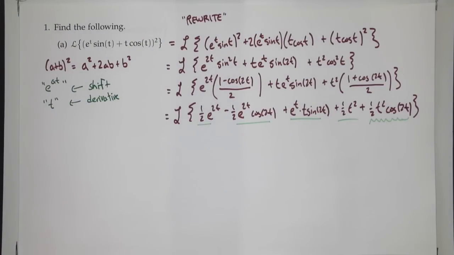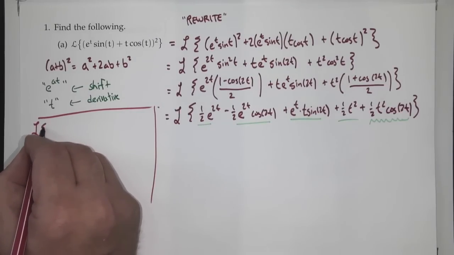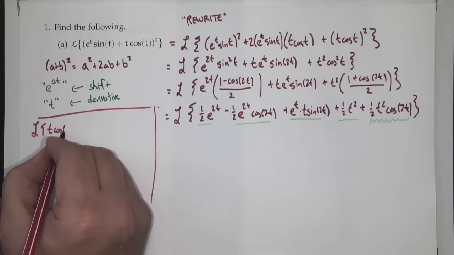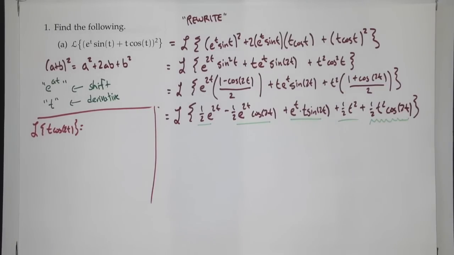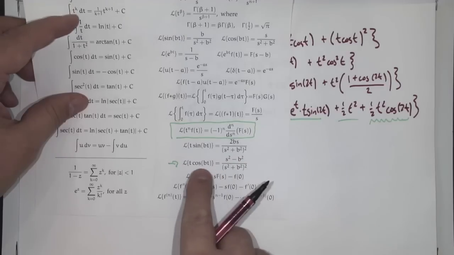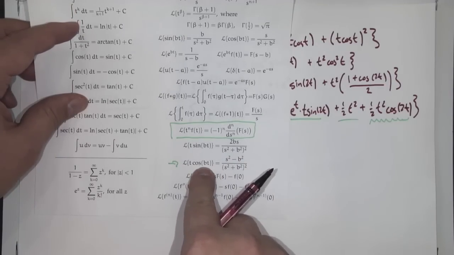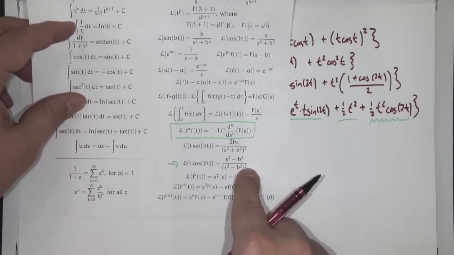We'll do that on the side. So Laplace of just t cosine 2t, I'm just going to go to my equation sheet, and I'm just going to ask you to trust that I'm going to copy this down correctly. Notice here b would be 2, so it'd be s squared minus 4,